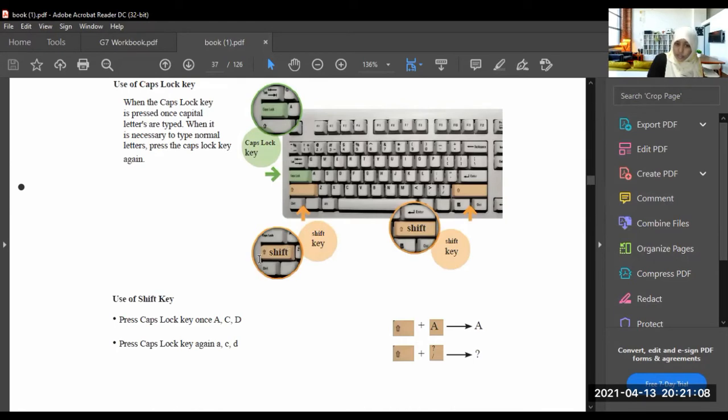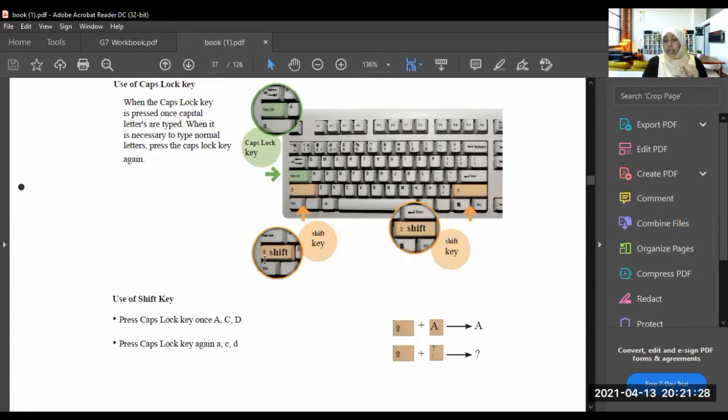What is the use of the shift key? There is a key called shift under the caps lock on your keyboard. What is the use of the shift key? If you press the caps lock and leave it, then you can write in capital letters.